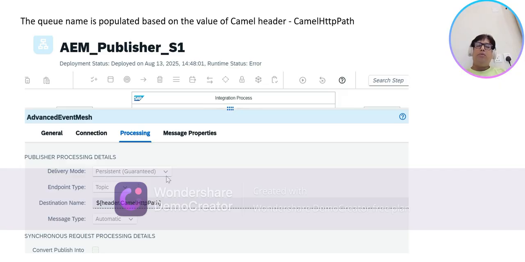You can set it up as persistent messages and a topic. You can make it a topic or queue. There are two endpoints you have. You can set up a queue, and the messages will be processed via the queue, or you can send to the topic and the topic will be subscribed. And you can see header.camel HTTP path, so that according to this, the corresponding